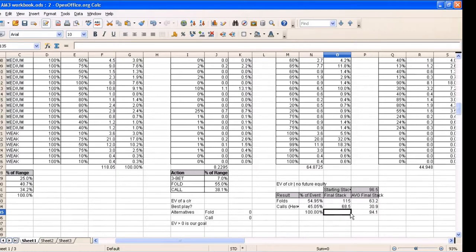This is our average final stack. And our EV is the difference, is we're losing 2.45 big blinds. Or actually, let's keep it consistent, 2.4 big blinds. So what this tells us is simply that we need to start looking into